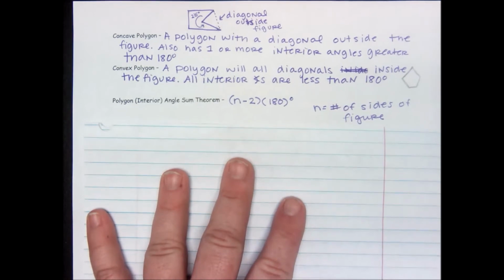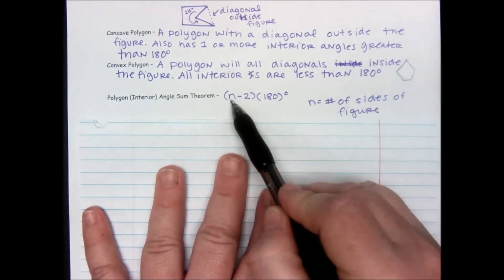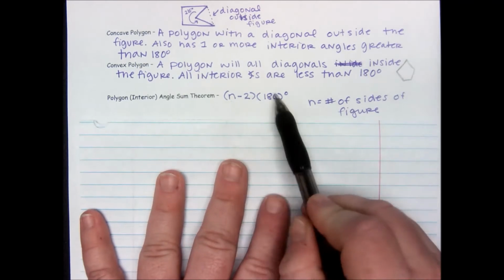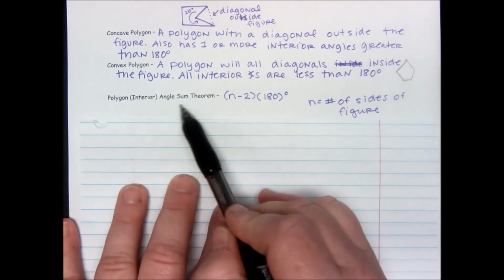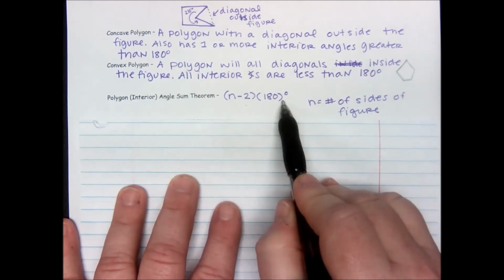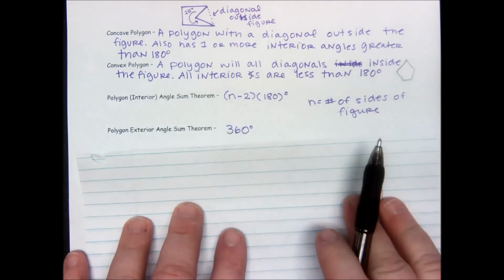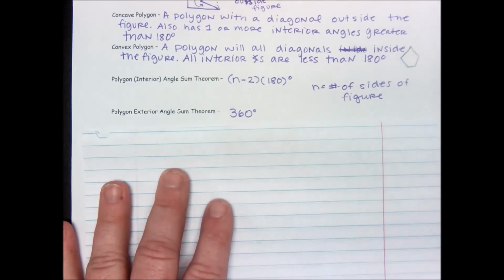So when we talk about the interior angle sum, we take the number of sides and subtract 2 from that and then multiply by 180. So if I'm talking about the interior angle sum theorem, it's the number of sides minus 2, and then we take that times 180. The exterior angle sum of any type of polygon that I ever have is always going to be 360. If I have a 9-sided figure,